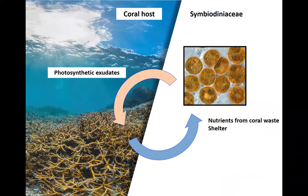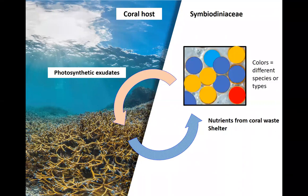Okay, so here we are again with corals and their Symbiodiniaceae. When you are just looking at Symbiodiniaceae cells, they don't necessarily look very morphologically distinct, but they are incredibly genetically diverse. And here I'm just using colors to represent that genetic diversity. And anytime that you have a coral species that's capable of interacting with multiple Symbiodiniaceae strains or species or types, then that is potentially an interesting place to look in terms of community responses, in terms of acclimatizing to stressors